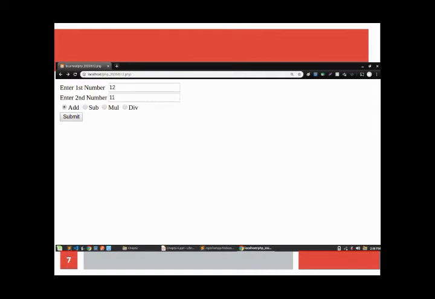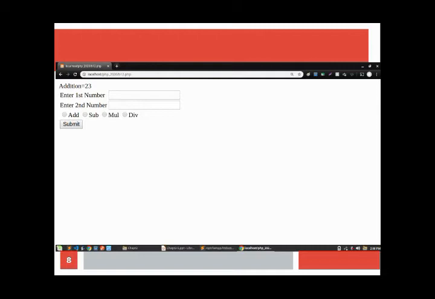Then here we have actually entered the values. In the first text box we have entered 12 as the value for the first number. Then for the second number, in that text box we have entered the value 11, and here the radio buttons add, sub, mul, div. So we will see, that means when you press a radio button, it will work accordingly.